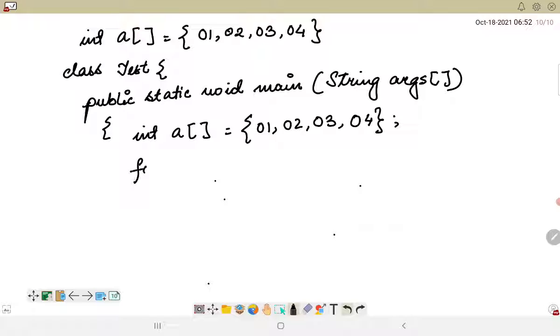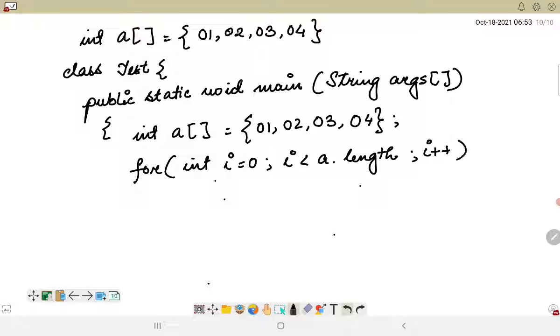For printing I will use the same approach: for int i equal to 0 and i less than a dot length and i plus plus, and here I will simply print System.out.println a of i.